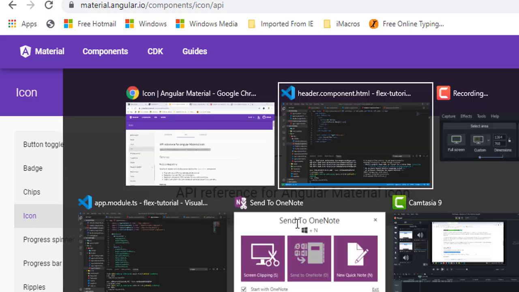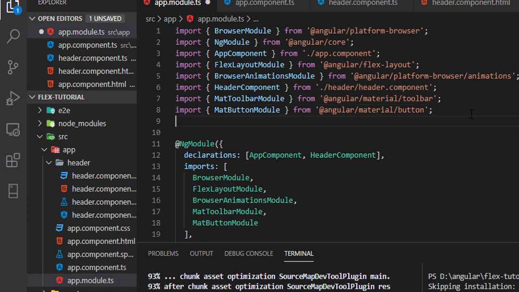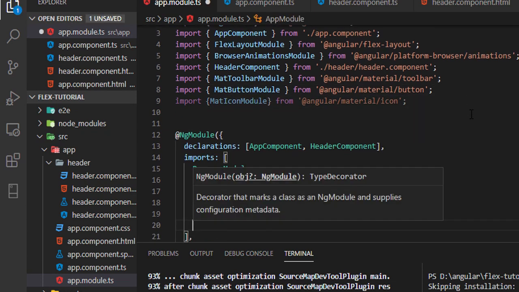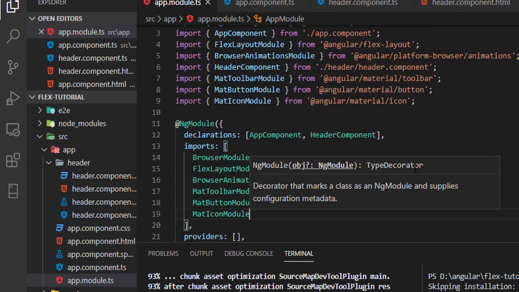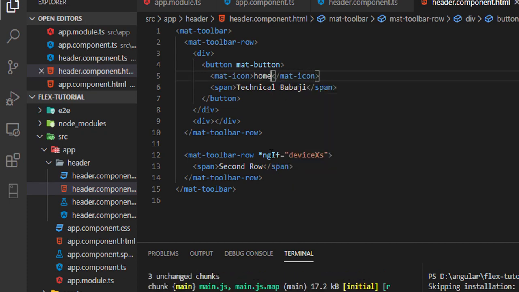Just copy this, go to app module and paste that module here and add it inside the imports array. Save this and here add mat-icon and just type home. Automatically it will convert into an icon. Now see the output. So the home icon is coming here.